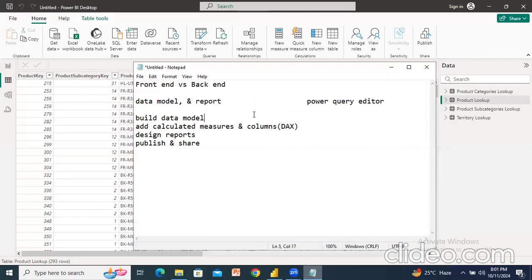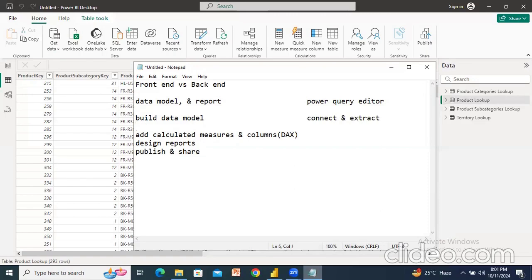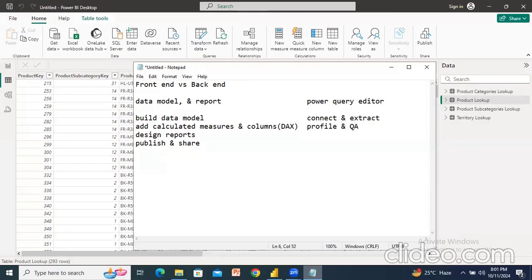Right here, I will write. This Power Query Editor is mainly first to connect and extract the data. That is one thing. Connect and extract the data means getting data using pre-built connectors. And the other thing we'll say is profile and QA. Profile and QA is mainly to explore the data, clean the data and prepare it for modeling and